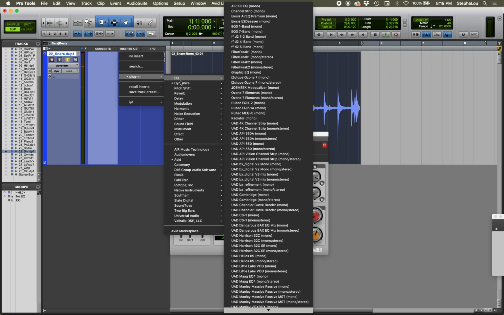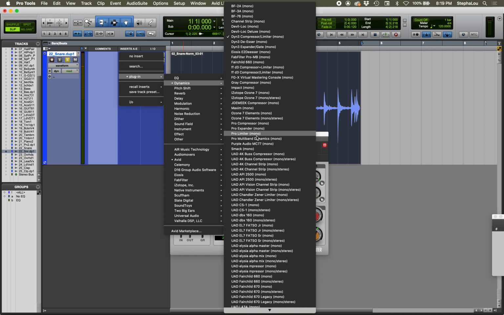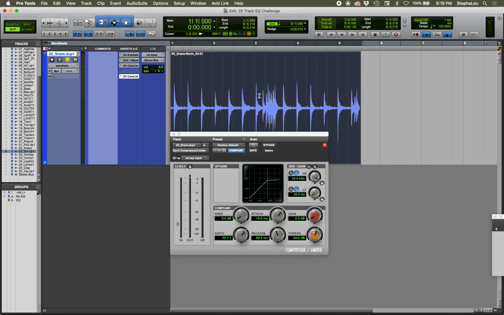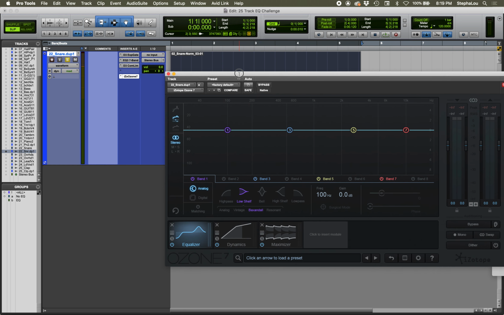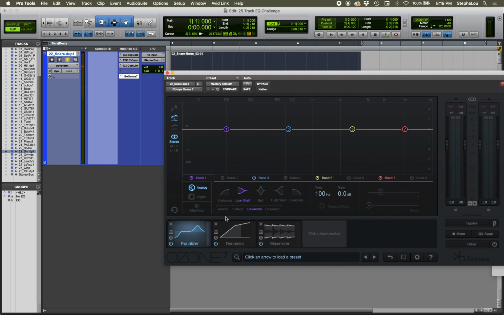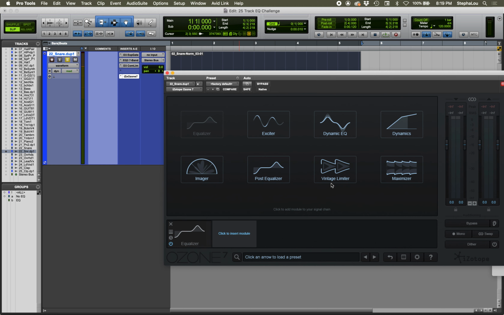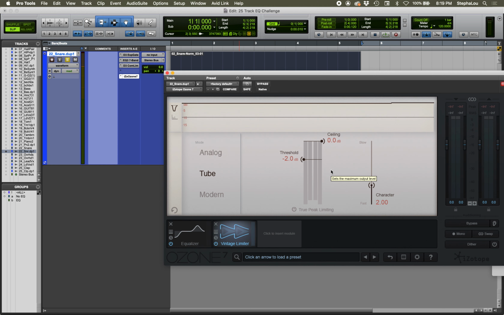Let me show you a couple other limiters. Let's see, what's a really great one? Oh, one of my favorite ones of all is in this iZotope Ozone plugin. This is a fancy plugin, but just to show you one that is used a lot in the industry, this vintage limiter just sounds so awesome. I really like this one. But just to show you how I use it,